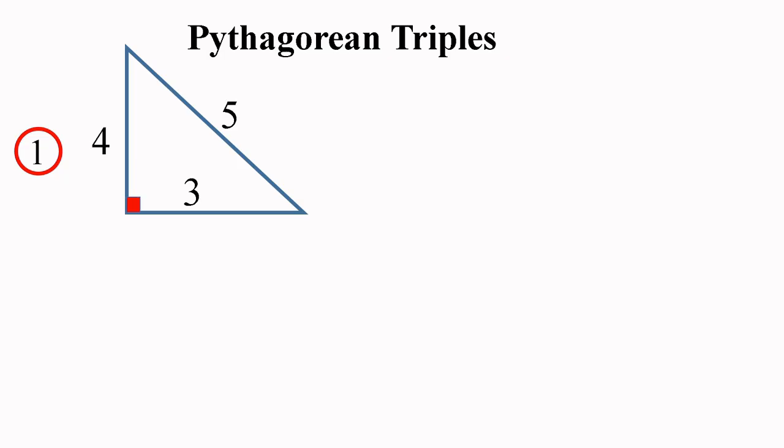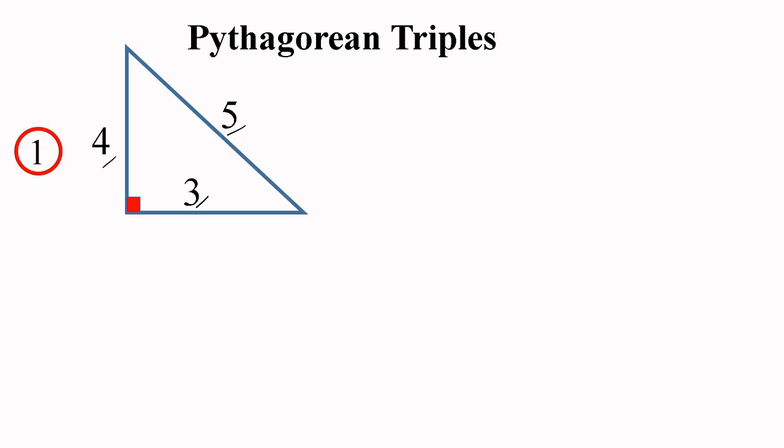Okay, what is the first set that we need to learn? 3, 4, and 5. If the legs are 3 and 4, the hypotenuse would be 5 in a right triangle, of course. The first set contains several subsets, and it would be great for you to know that. What are the subsets? The subsets can be obtained by multiplying any positive number. When I say any positive number, it can be a whole number, a fraction, or a decimal, multiplied by all the